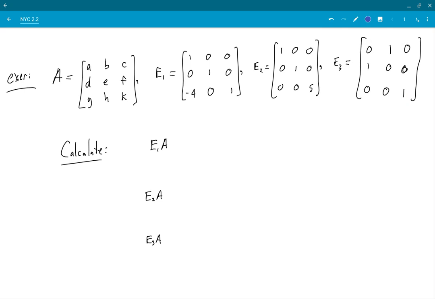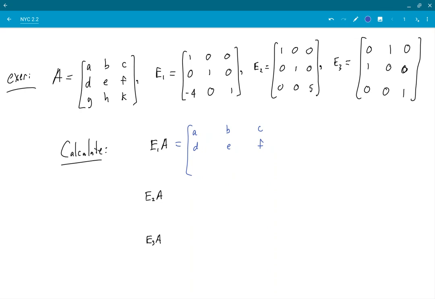Okay, so if I do E1 times A, what do I get? I get just A, B, C across the top. D, E, ooh, I need to leave more space, don't I? Let's spread out the B and the C here. B, C, D, E, F. And then on the bottom, something else happens. What do you get? Well, you get